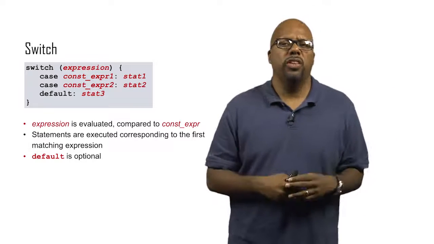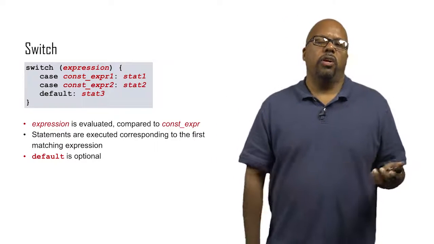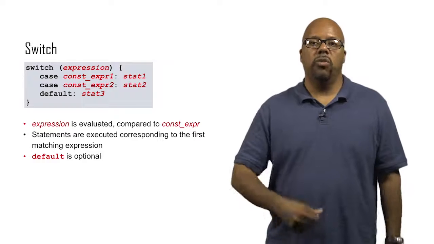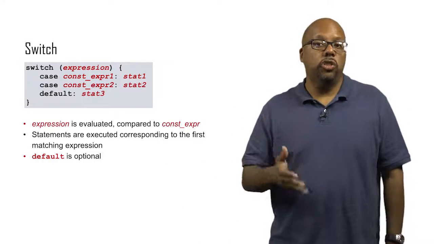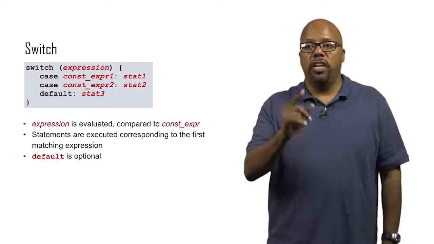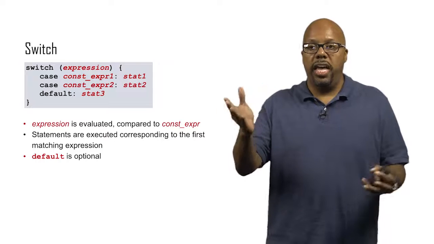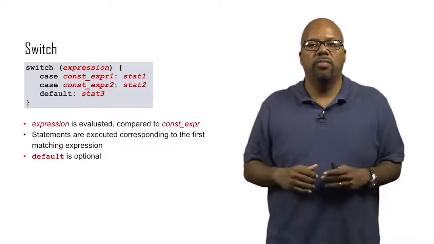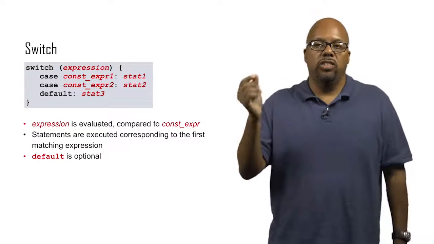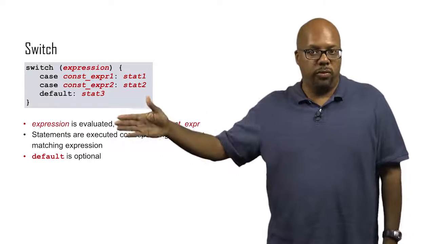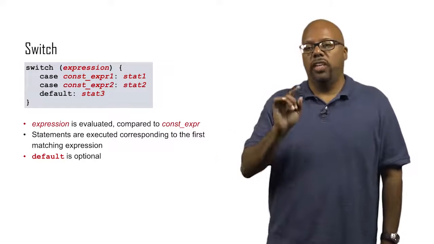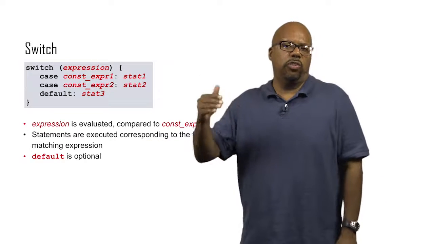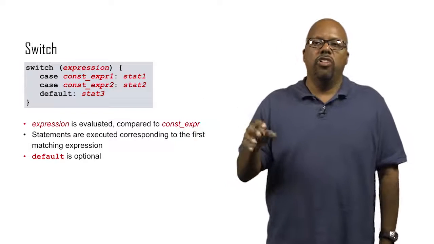So a common way to do this is, say you got a variable x, right? And you know it's going to equal either 0, 1, 2, or 3. And under each condition, you want to do a different thing. So you could say switch x. The expression would be x itself. And then you'd say case 0, statement 1, case 1, statement 2, case 2. And so the constant expression, case 0, case 1, case 2, that's compared to whatever the